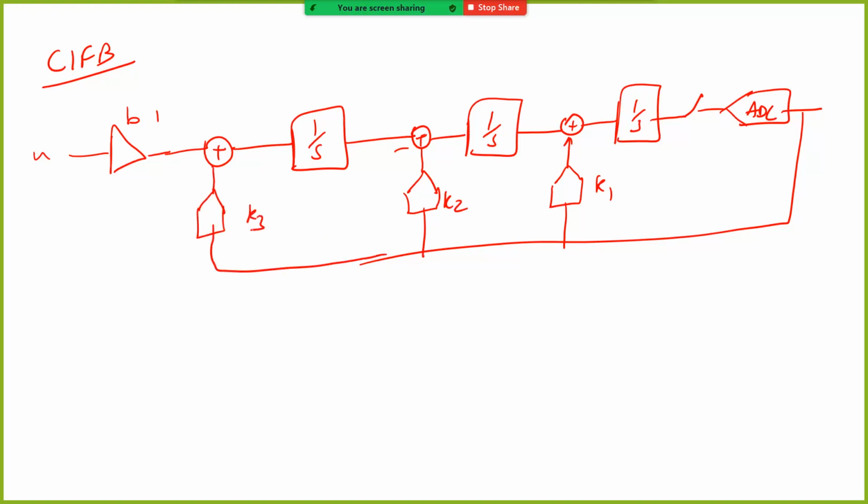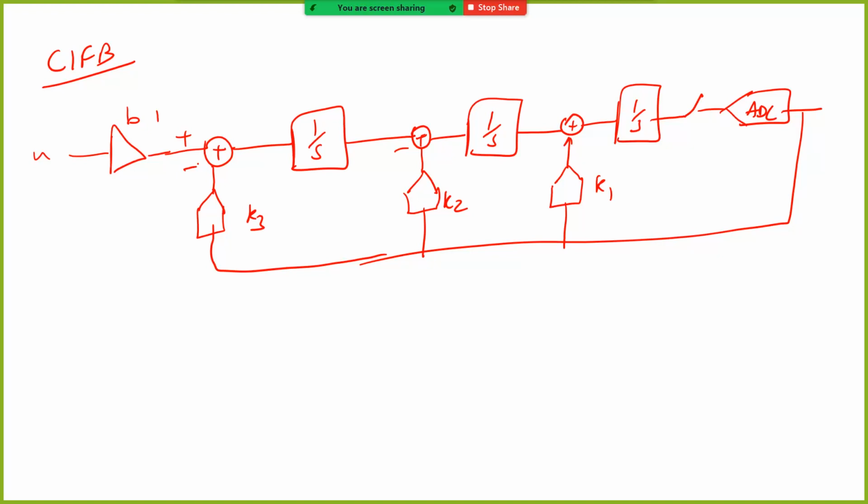Now the coefficients k1, k2 and k3 will be different from the a1, a2, a3 that we derived for the discrete time system. The only difference is that now it is all in the continuous time domain, and these coefficients are derived from your Z domain. You do a transformation from the Z domain response to the S domain, and derive the transfer function in the S domain. You already have the transfer function in the Z domain, and you match the coefficients such that you get the same impulse response.